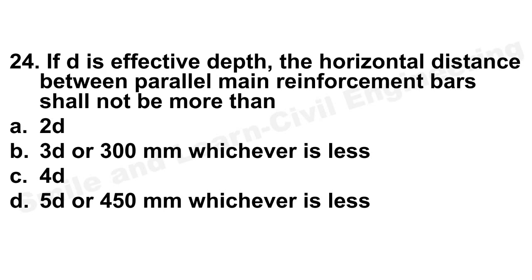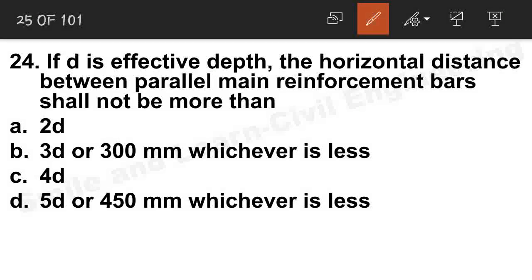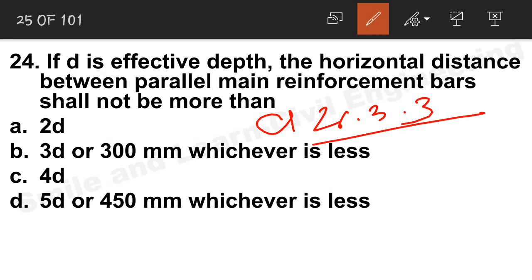If d is the effective depth, the horizontal distance between parallel main reinforcement bars, we have already discussed in the AE 2020 paper, clause number 26.3.3 of IS 456 2000, 3d or 300 mm, whichever is less. Since it is a main reinforcement bar, you can remember like this: the lesser the spacing, the more the strength,